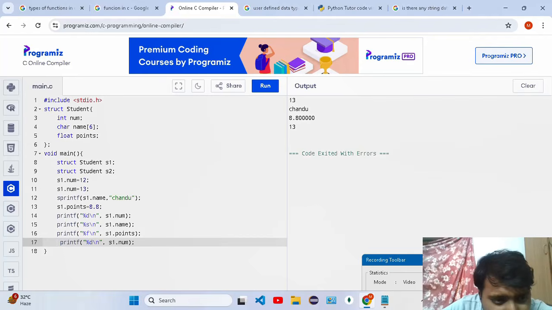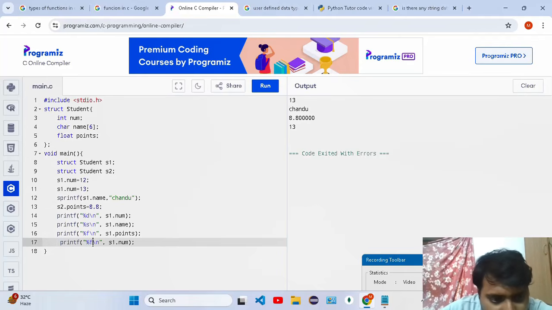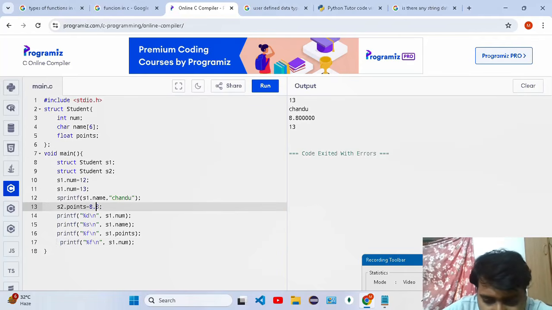S2 dot points, right? It should be S2 dot points, dot 8.8. What is S2 dot points? Points means the format vector is F, right? I am giving 10, okay, 10 points. So S2 dot points, right? Just copy this one,